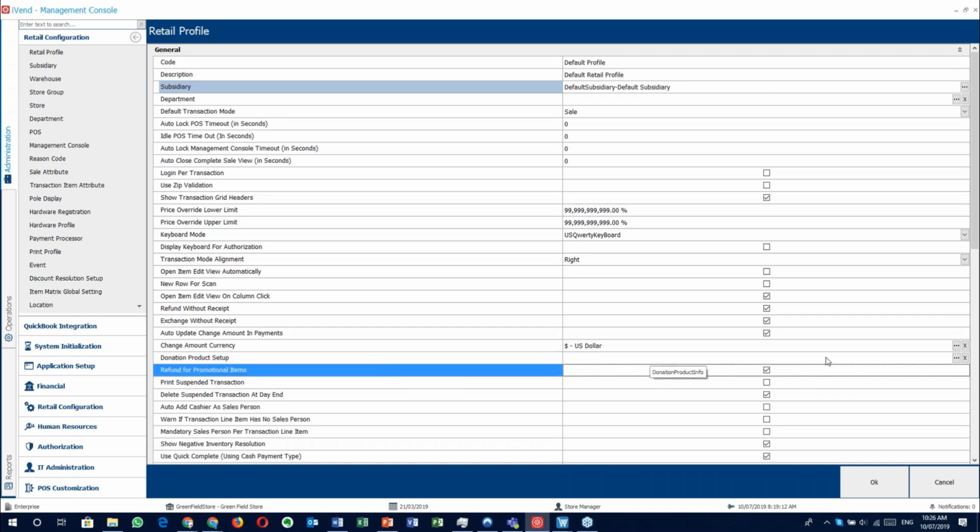Refund for promotional items. So if an item is on promotion, do you get a refund for it or not? Yeah, that is something else, because sometimes a promotional item is a used item, or what they call a shop-soiled item. And that might mean that things like the warranty is void for various reasons. And it's being sold for a cheaper amount, which also means that people need to be aware of that,